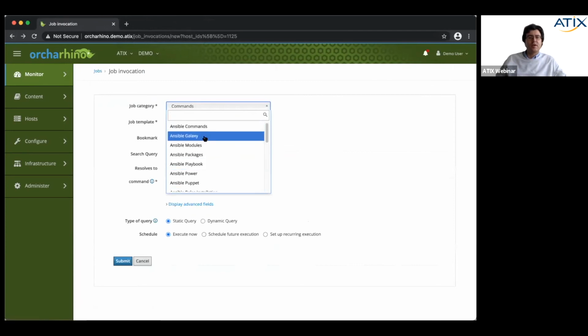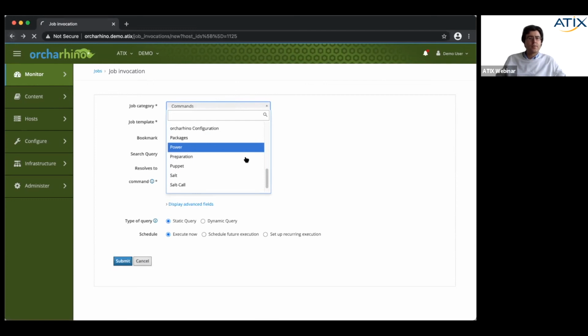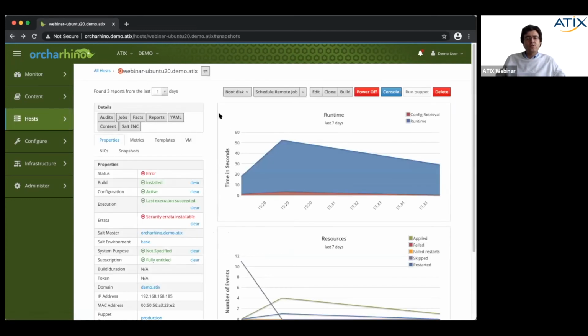We can run many different sorts of commands. We can run Ansible commands. We can run Ansible playbooks, which have been assigned. We can run Puppet triggered by Ansible. We can run Puppet triggered by remote execution, and much more. If we want to run a config management tool once, for example, we can go here and tell it to run all the Ansible roles once.